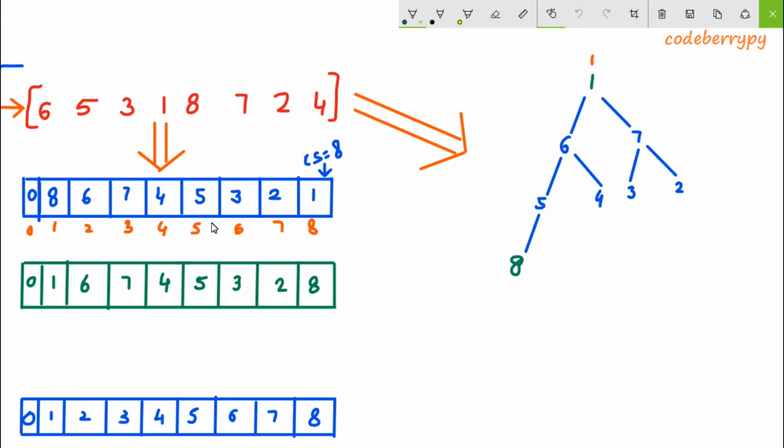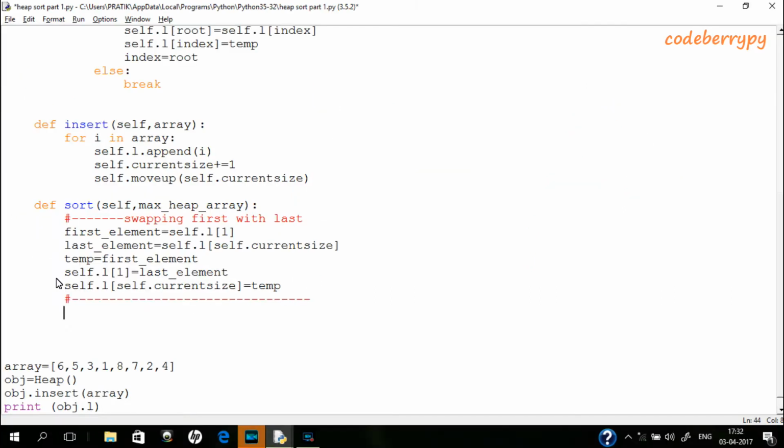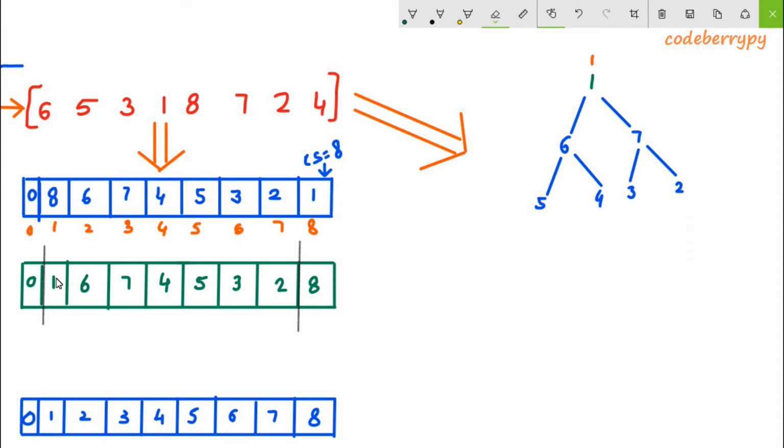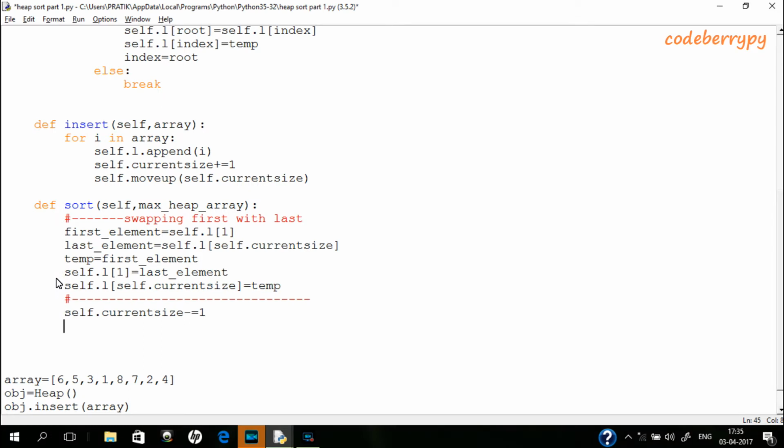So after the first step, we got 8 at the last and we got 1 at the front. So after this, decrease the current size value by 1. So now we're gonna have to heapify the root. So in the root, 1 is present. So we're gonna heapify the root value so that it comes at its correct position, so as to restore the max heap property. So I'm going to say that the root index is 1, and I'll